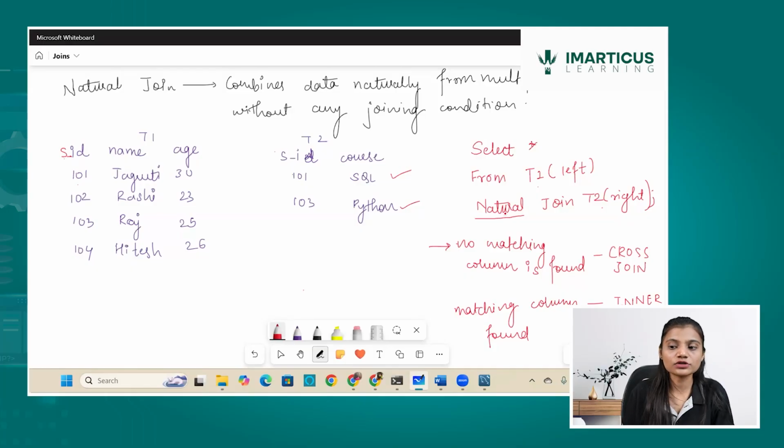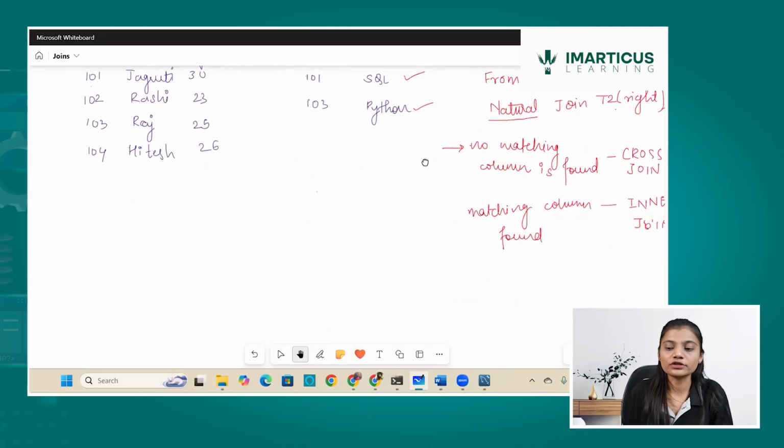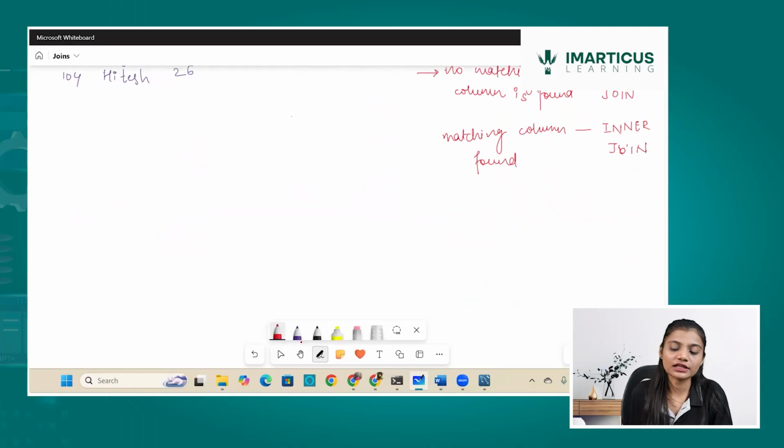I will discuss cross join, what is cross join, so that you get a clearer idea of what it actually is. So we can perform practically what is natural and cross join and understand the result set or the outcome. So the next join which we will be studying is nothing but a cross join. Now what is the meaning of cross join over here? Let us understand what cross join means.